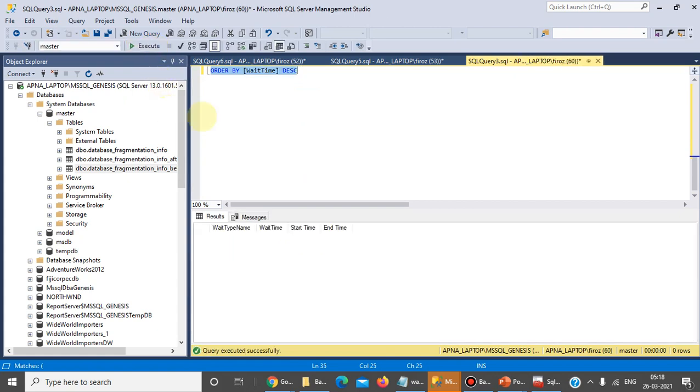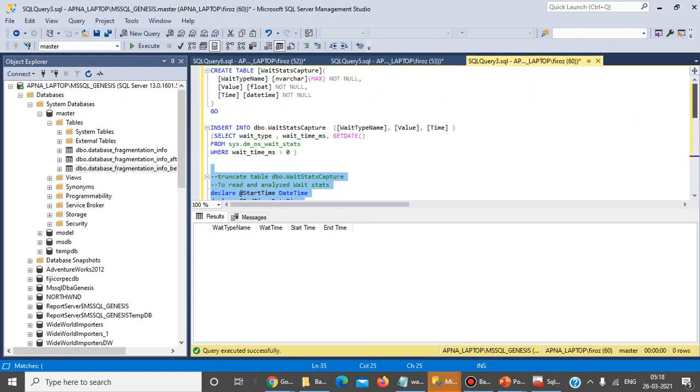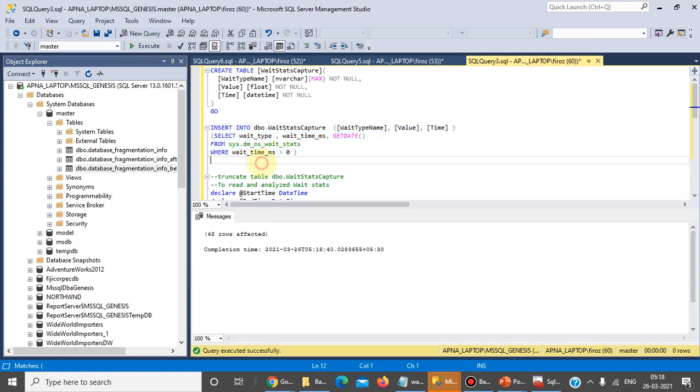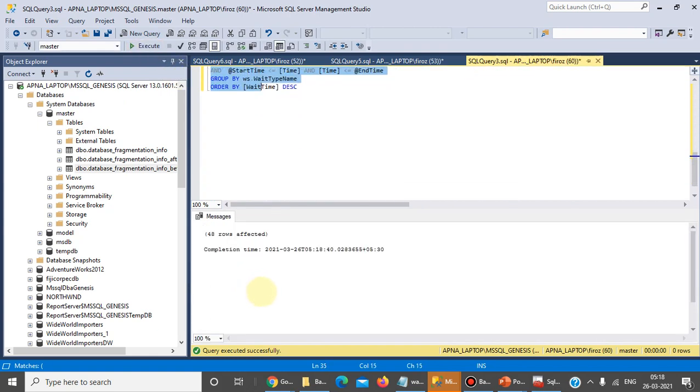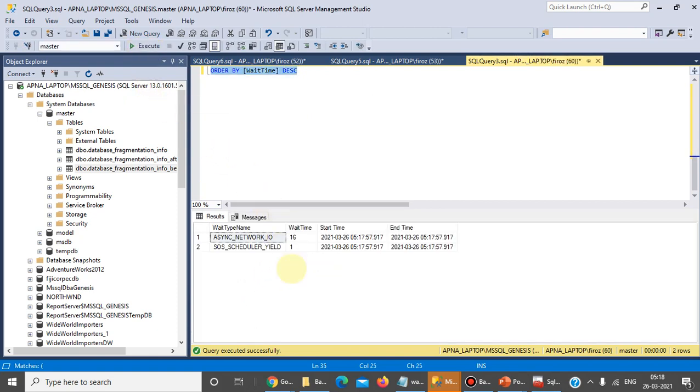There is no wait type. Let's insert once again. Is there any wait type present? Okay. ASYNC_NETWORK_IO and SOS_SCHEDULER_YIELD.